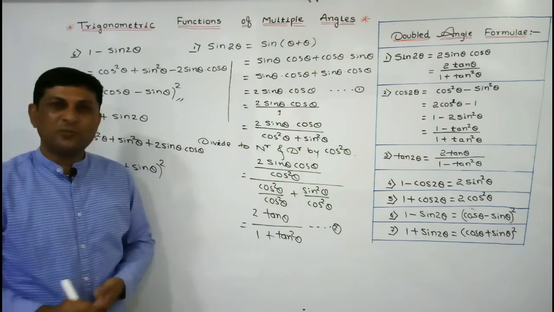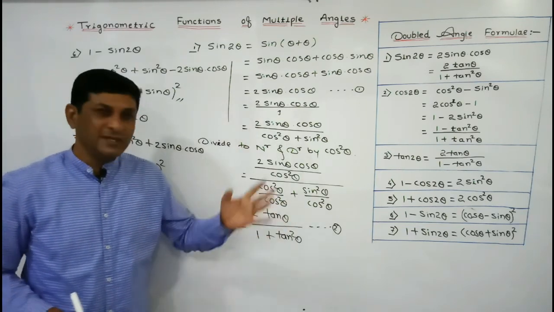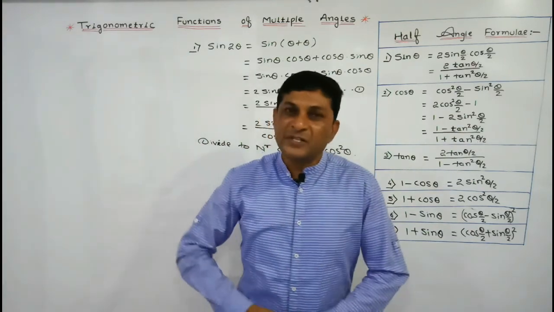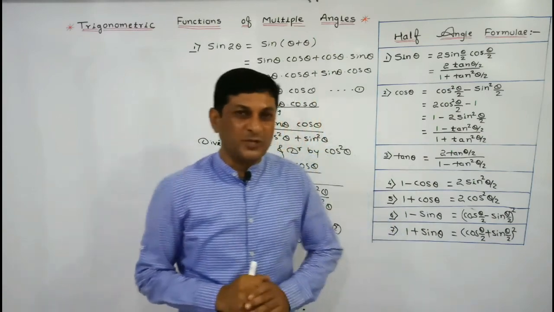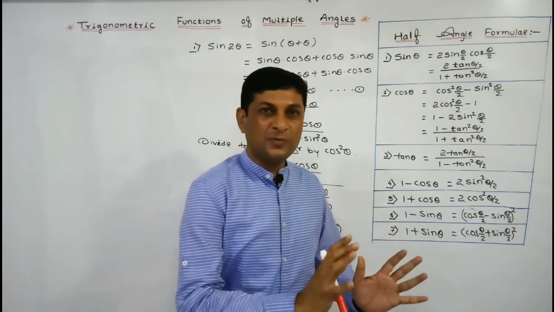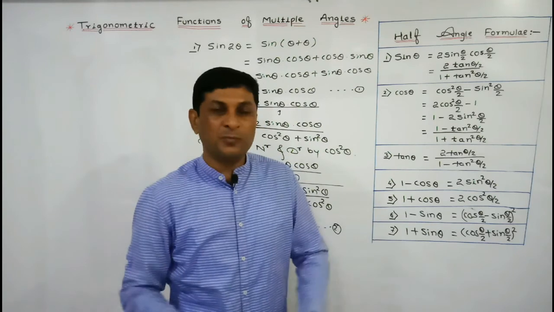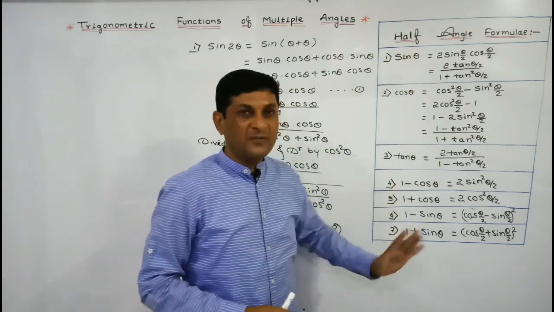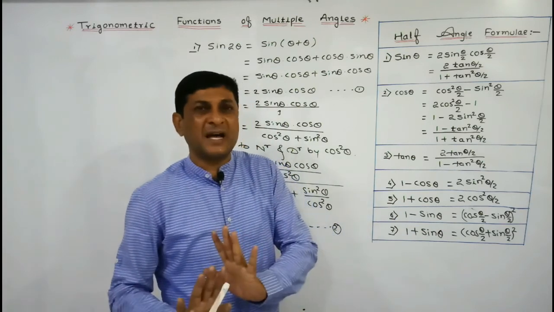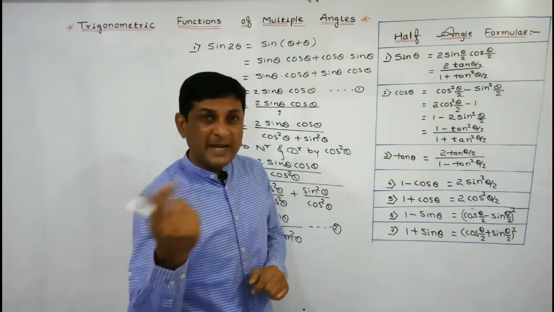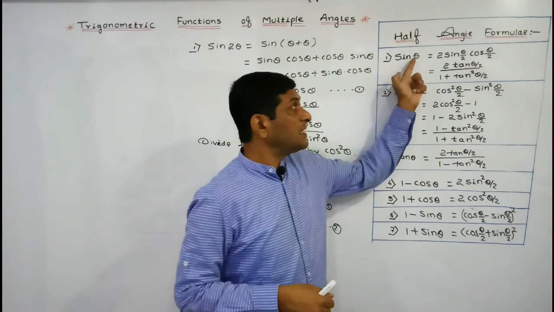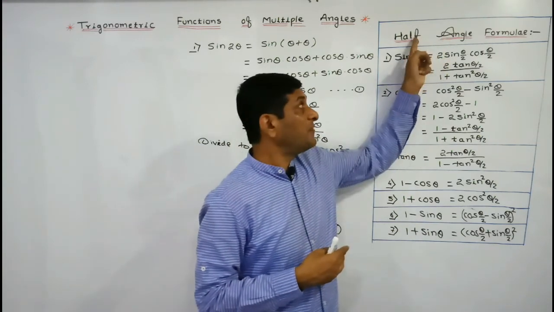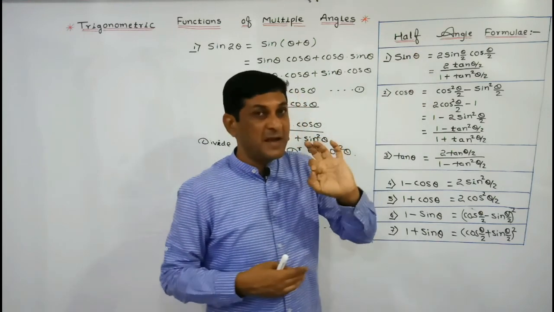So in this way we have proved all the important formulas related to what? Double angle. Now let us try to prove the half angle formulas. First we will compare half angle formulas and double angle formulas. Just now we have proved the double angle formulas. If you observe, the lists of half angle formulas and double angle formulas are exactly the same. A minor change is there. Here in case of the double angle formula, 2 theta is there. And in case of the half angle formula, 2 theta is replaced by what? Theta.